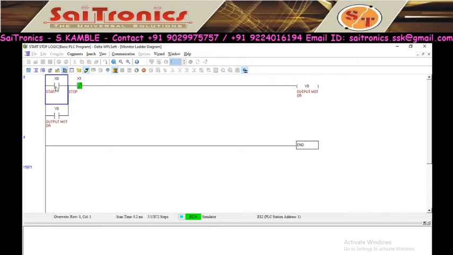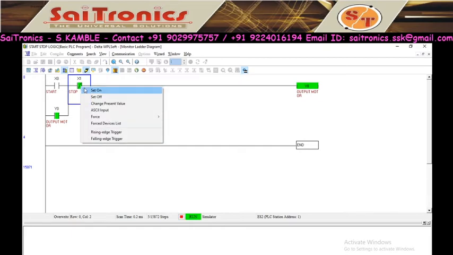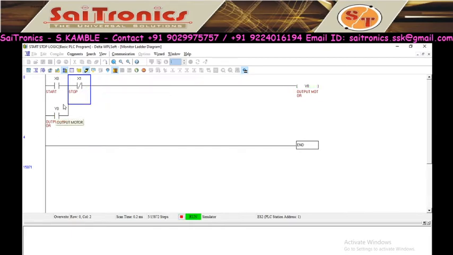So I will make it momentary closed, set on. So when this turns on, Y0 turns on, therefore its contact will change. Now if I release this start button, due to Y0, this circuit becomes complete and my output turns on. So to turn off the system, only option is stop. So when you click this, circuit becomes incomplete and this is unlatched. So this is my start stop logic.